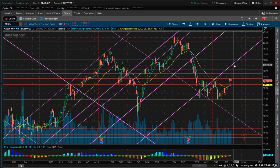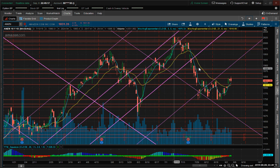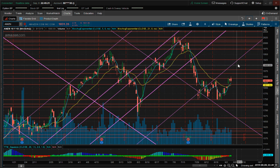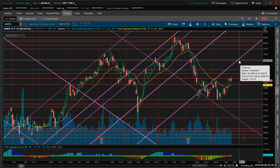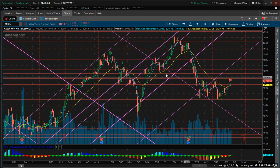If we get up to 1900, let's say somehow we keep moving bullish, it's going to give that feeling, or maybe 1925, 1900 maybe, just because there's some nice bearish candles. If we do get above there this week or next week, it's going to bring into question, should we really be up here already? And if we stay up here, then it's going to show that this market is even stronger than people think,